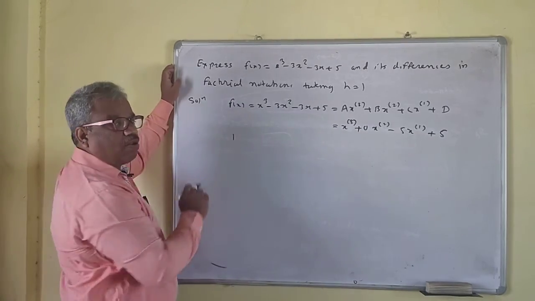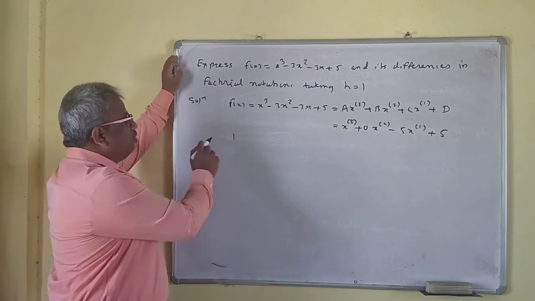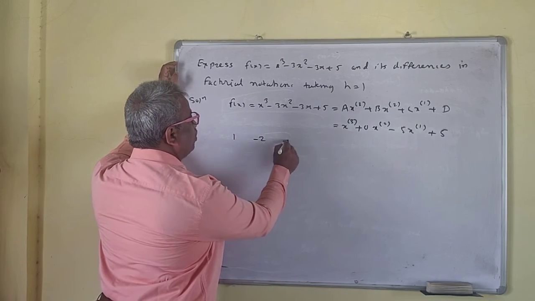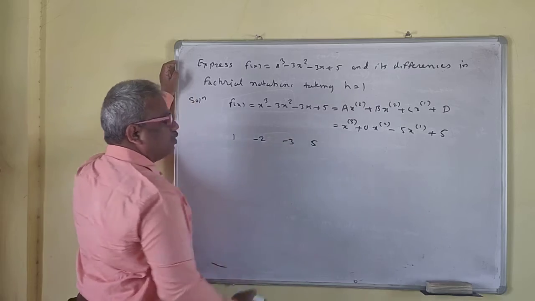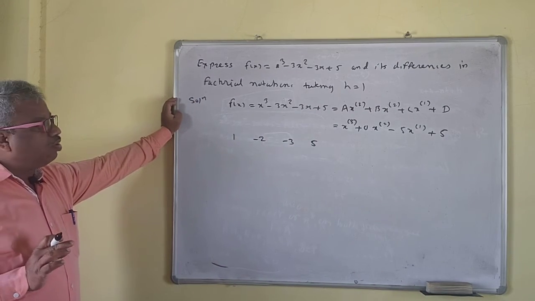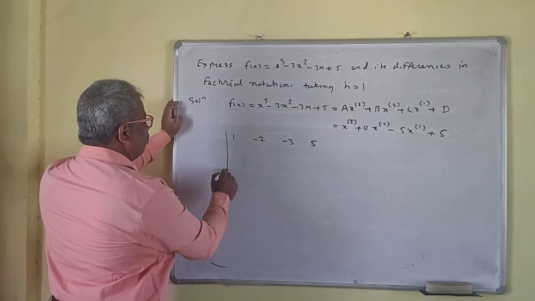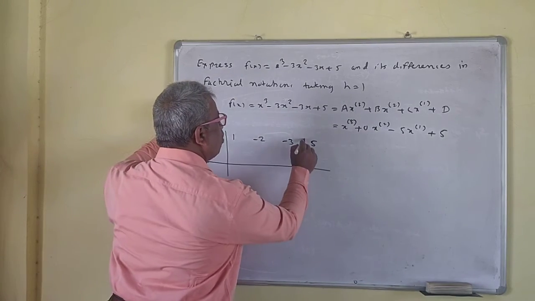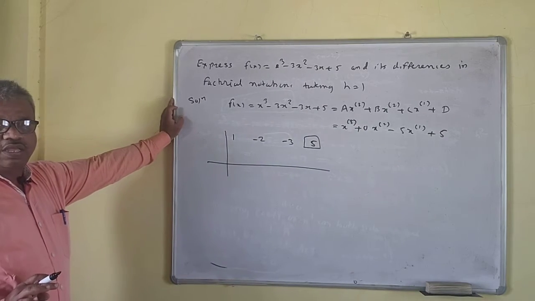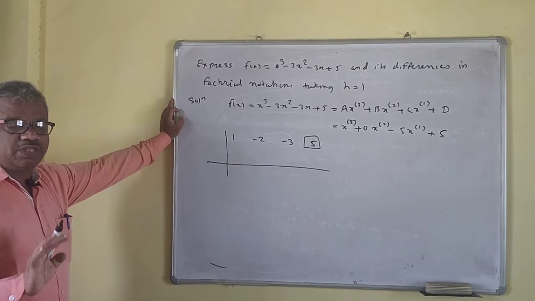So start from the coefficient of x cube, then write the coefficient of x square, then write the coefficient of x, then write the constant term. Suppose x square is absent there, just write 0 down. Okay. So this will work. Now we have to write this. For the last one, you have to leave the last one. Don't consider the last one. Keep the last one as it is.